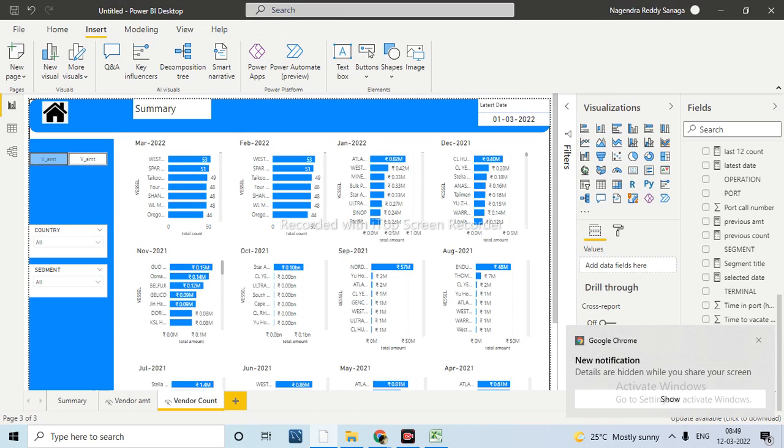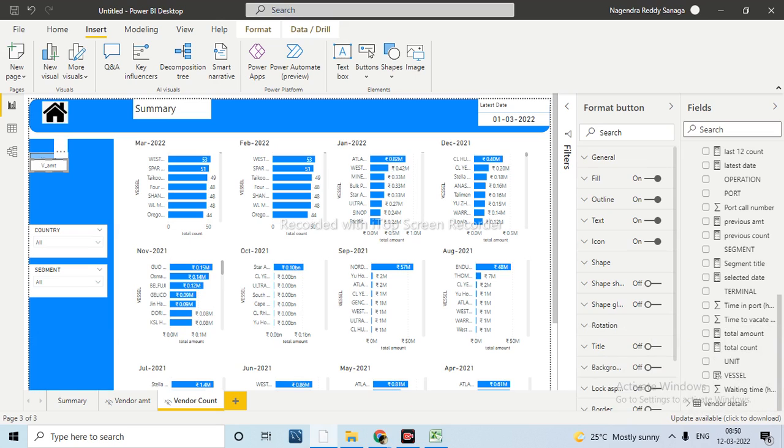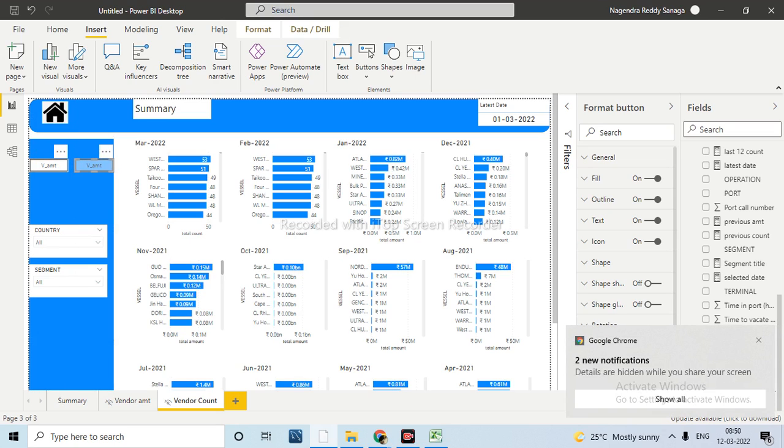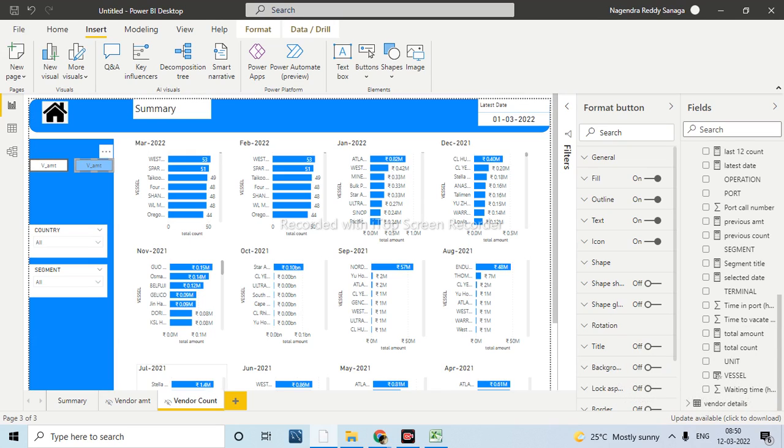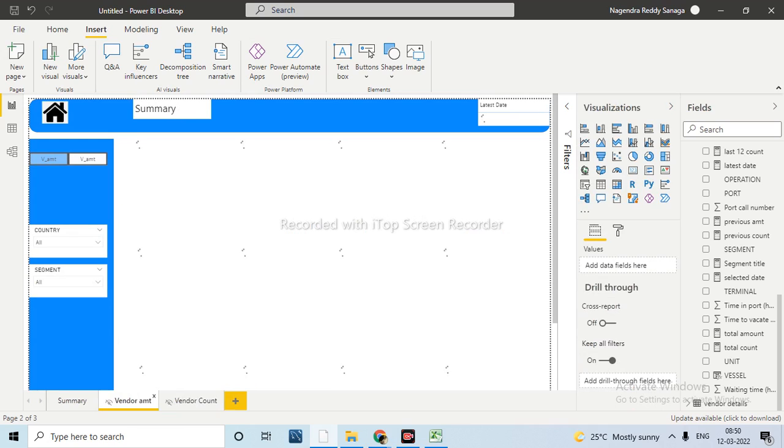Let me make this one there, and vendor amount. Now what happened? These 2 are vendor amounts only. Okay, this one we need to make as vendor count. When they click on this button, they navigate to this particular page.